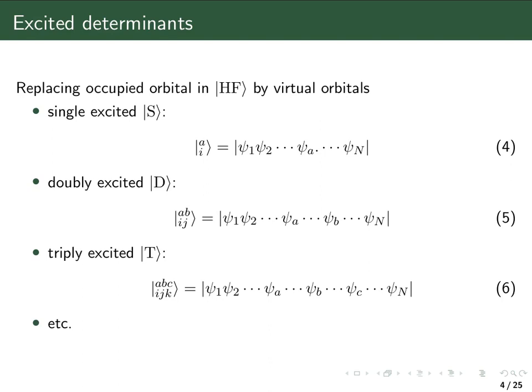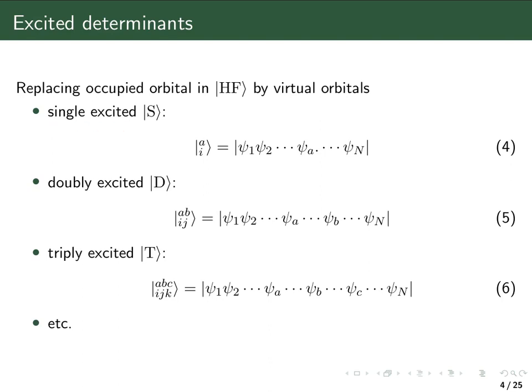And in order to get some order in all these many Slater determinants which one can make from a set of 2m spin orbitals, one designates them typically by referring to how they differ from the Hartree-Fock determinant. For example, if we replace one of the occupied spin orbitals in the Hartree-Fock determinant by a virtual orbital, here for example we have psi_a in the place where there used to be an occupied orbital in the Hartree-Fock determinant. So if we replace one occupied orbital with a virtual spin orbital, then we call this kind of Slater determinant